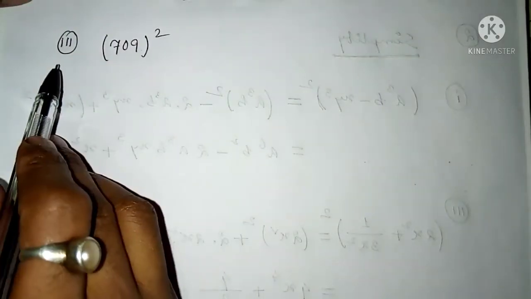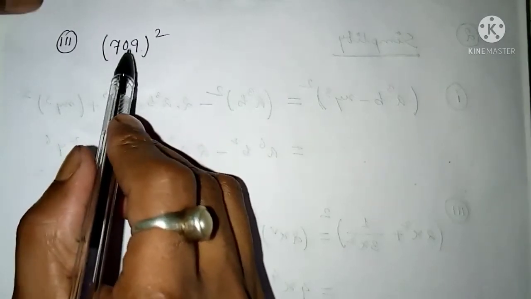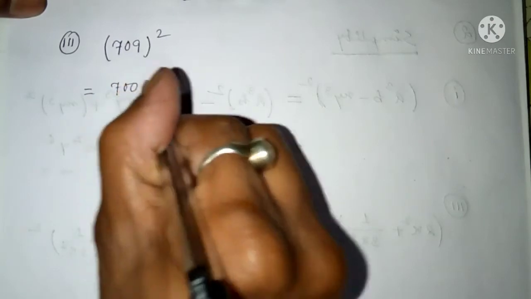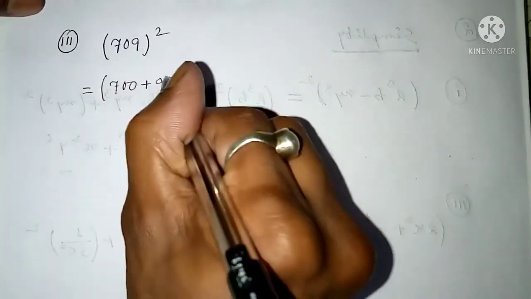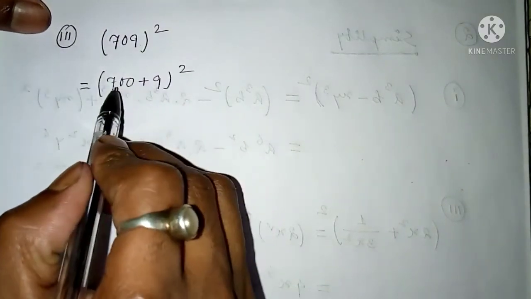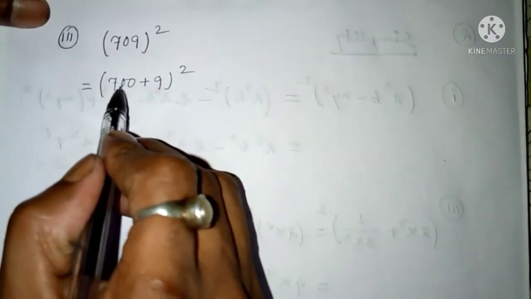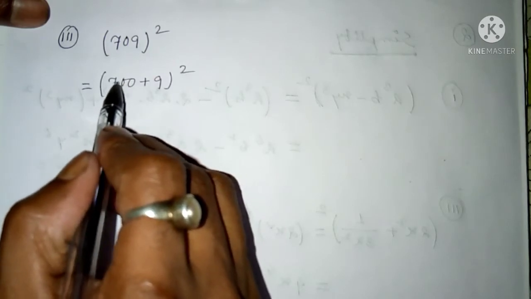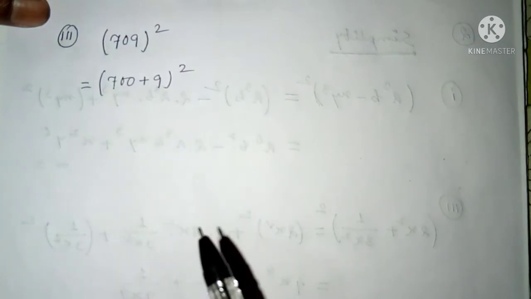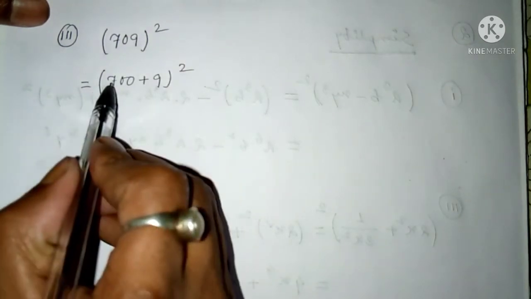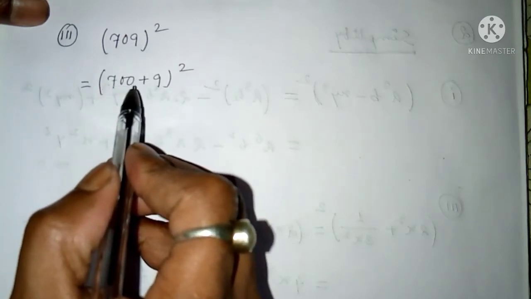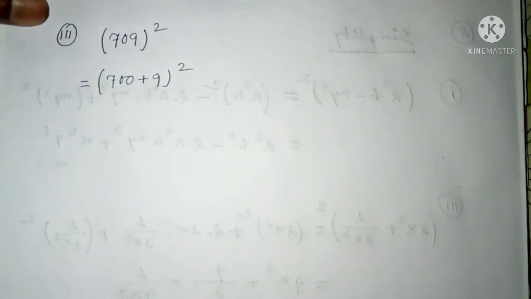Now this is the third question, 709. Very simple. We'll break this one into 2 parts. So you just write 700 plus 9, then this is the whole square. Now don't get confused about how to break. The first time you should always try to make a multiple of 10, for example 70, 700, like 10, 100, and then 1000 and so on. That means in the front you'll have one number, and after this number you should try to make all zeros, as that makes our calculation much easier.